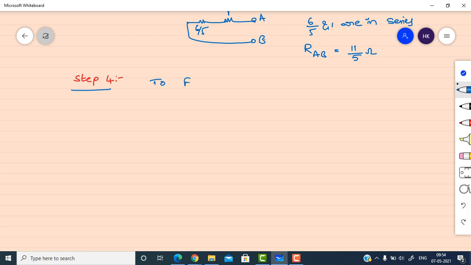So in this step, finally, we are going to find out the current. The IL formula is VTH by RTH plus RL. First, draw the equivalent circuit, Thevenin's equivalent circuit. Why are we finding all these equivalent resistance and open circuit voltage? We have to replace our network with the Thevenin's equivalent circuit. So in the Thevenin equivalent circuit we have this open circuit voltage and R Thevenin. So that's why we are finding them.